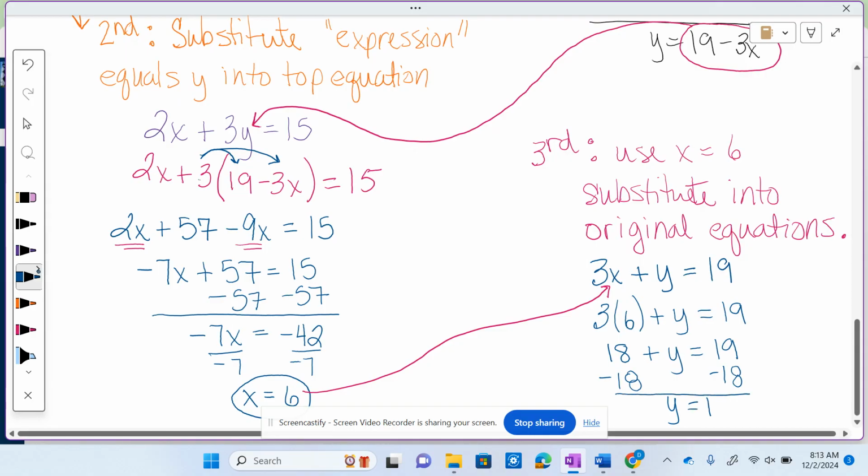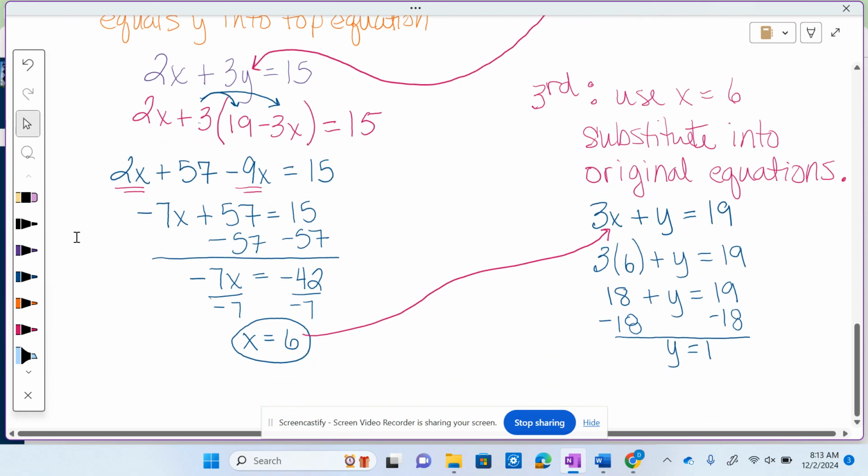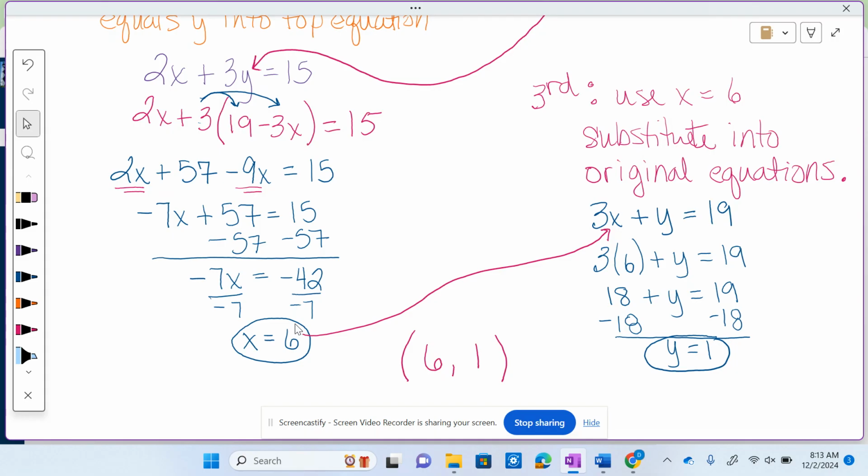Am I all finished? Write it as an ordered pair. Good job. So what does my ordered pair look like? 6, comma 1. You have to write your ordered pair, x, y, ordered pair. Okay. All right. So we have